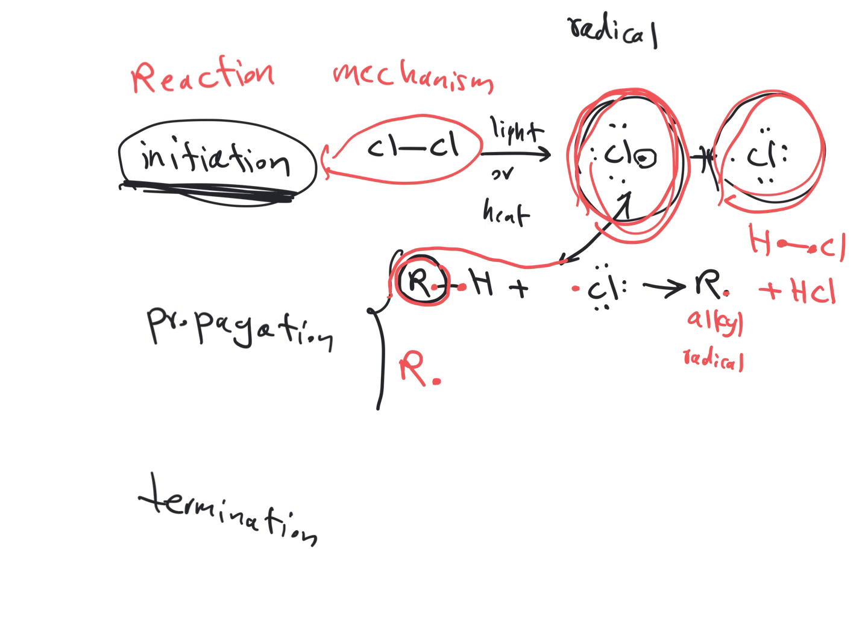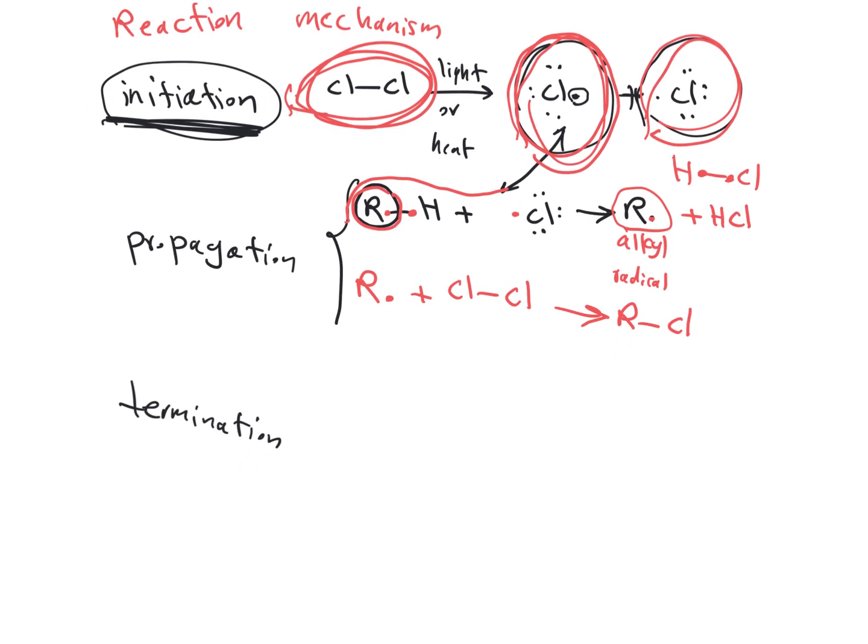The chances are that the radical generated here reacts again with another chlorine molecule and produces RCl, basically alkyl chloride or alkyl halide. Plus, you see that this R with one of these electrons forms a bond,